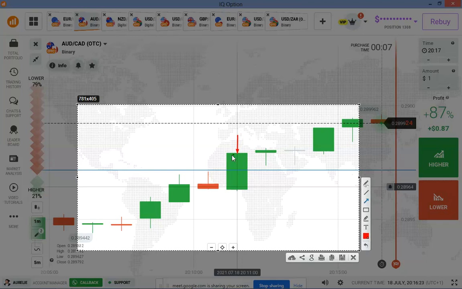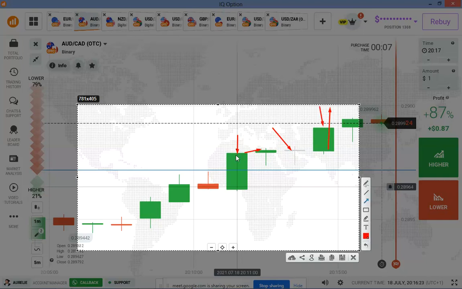There's no rejection from buyers. So rejection from sellers, no rejection from sellers. And that means buyers must enter. If buyers enter and become weak, then I will know what is going to be the next candle, meaning that I will be expecting a sellers candle. Now you see that sellers did not appear, only a doji candlestick. This indicates that there's no sign of sellers. The buyers entered, no rejection.